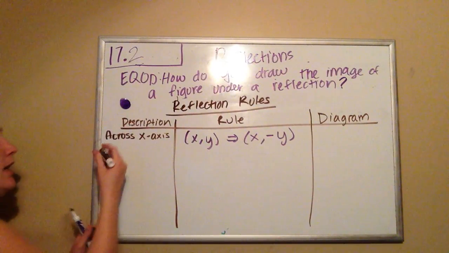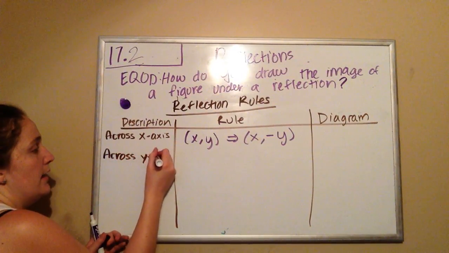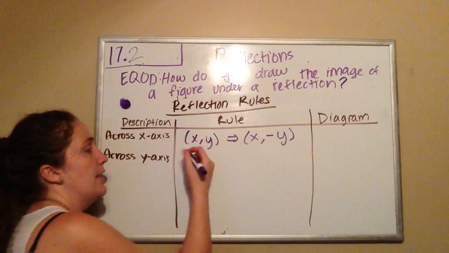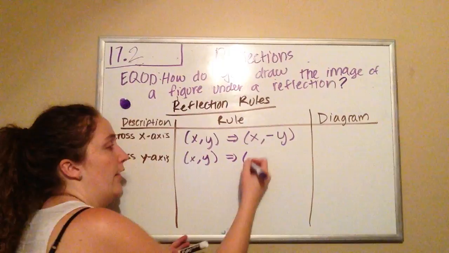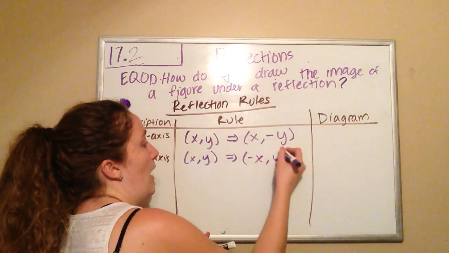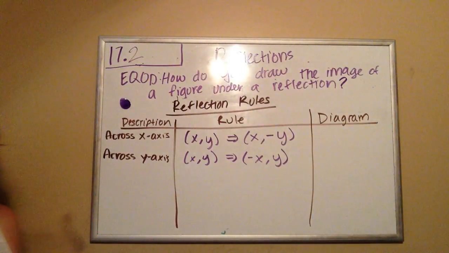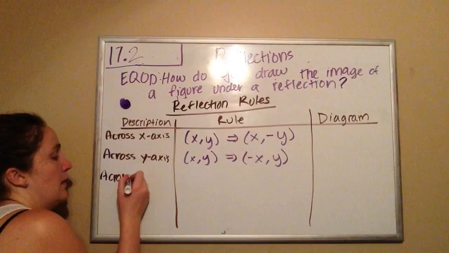So let's do this. Across the y-axis, that's another one. And it's pretty similar. Our x's are now the ones flipping, and our y's are staying the same. Okay. Now we've got across the line